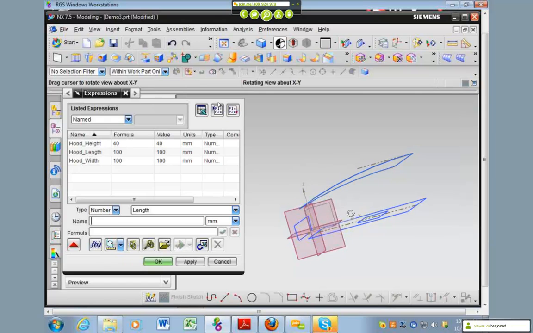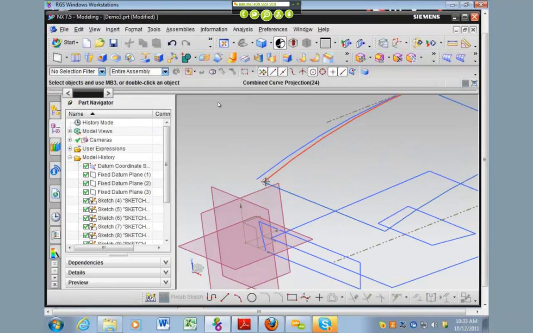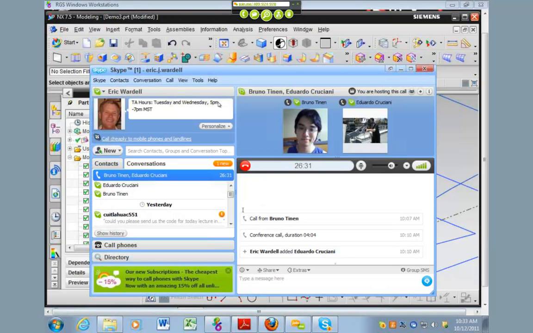See that? Now here's another thing that's a little bit tricky. We want to make a line going from here to there. And we want it to be both tangent to this line and tangent to this line. So the one that we use, hold on a sec, I just got a message